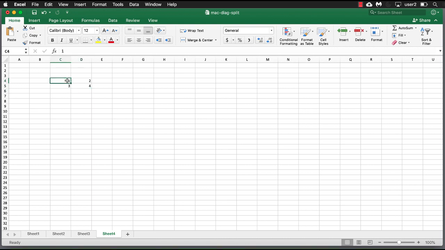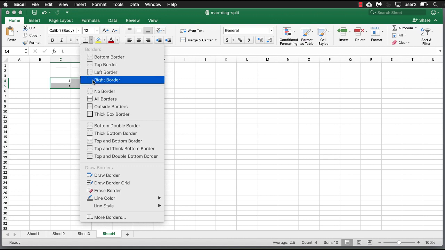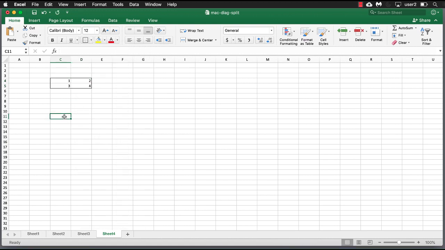So I'll select everything first, and I'll put a border around it. So we have a border around everything. We'll get rid of all the other grid lines later. And I'm just going to select this cell and this cell, 1 and 4. Press the Command button to multi-select